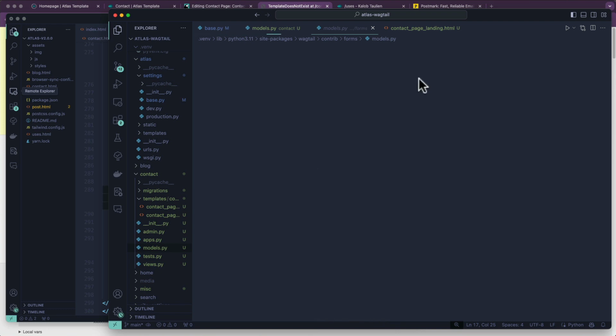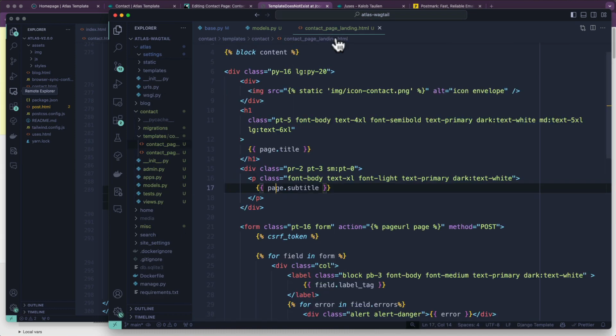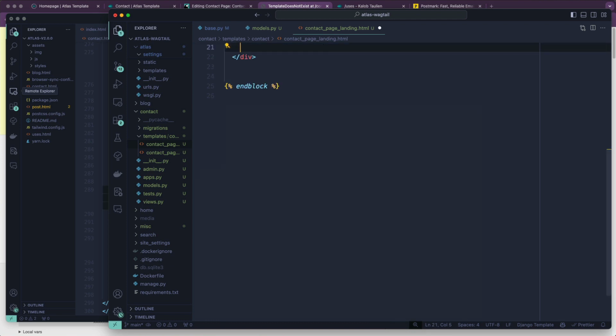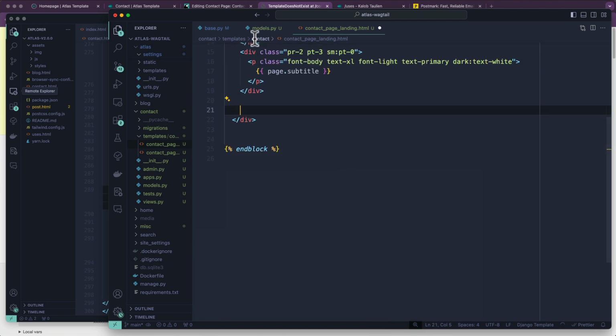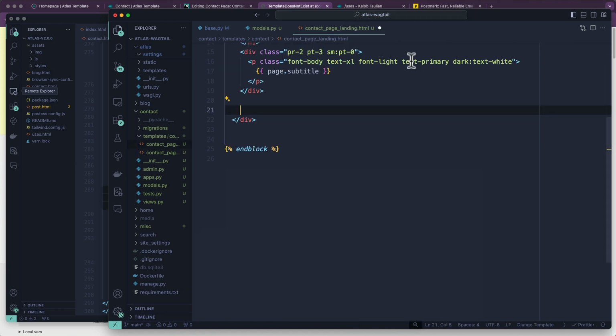And go over here and we'll see once it loads, there it is. It's still a Wagtail page, so we have access to the standard page object inside of our template. We don't need the form anymore, but maybe we want some rich text in there, which was going to be our thank you text. So then we can put a little field in here called rich text,